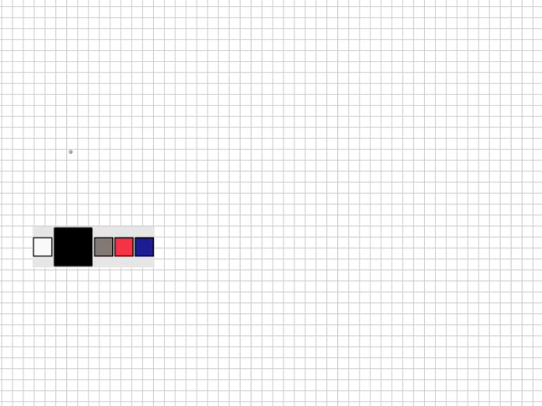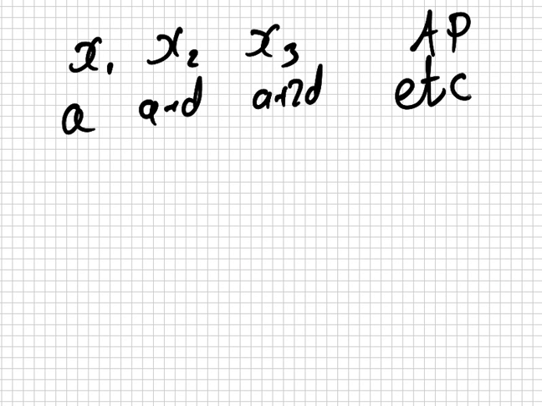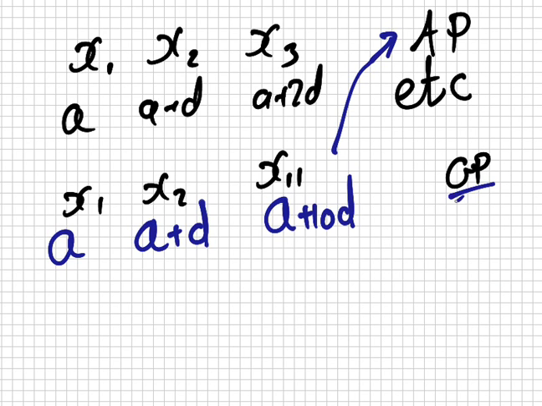Okay. We have this, which is arithmetic, so it's like A, A plus D, A plus 2D, etc. But we're told that this one and the 11th one are in a GP. But it's still arithmetic. It still comes from the original. So this term here is still A, this one here is still A plus D, and this one here is still A plus 10D. It's still coming from the arithmetic. But we're now told it's also